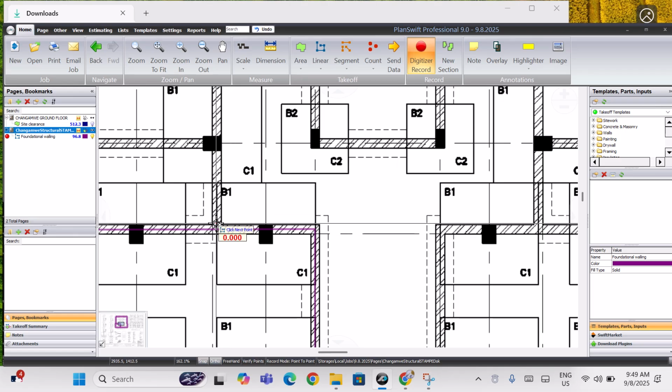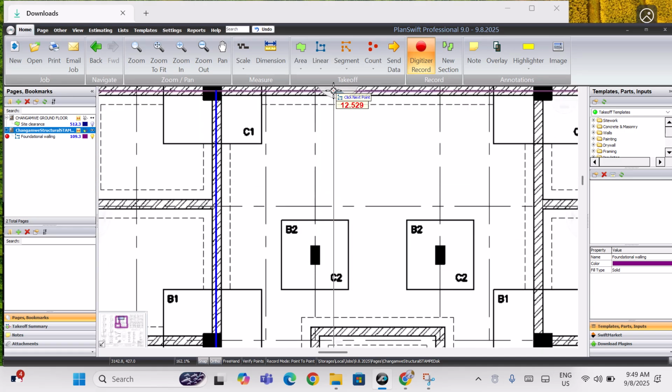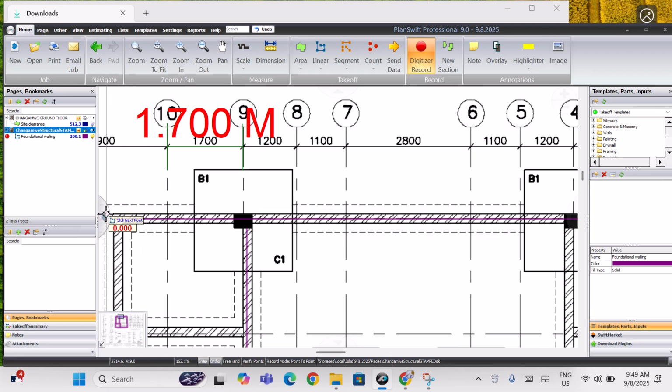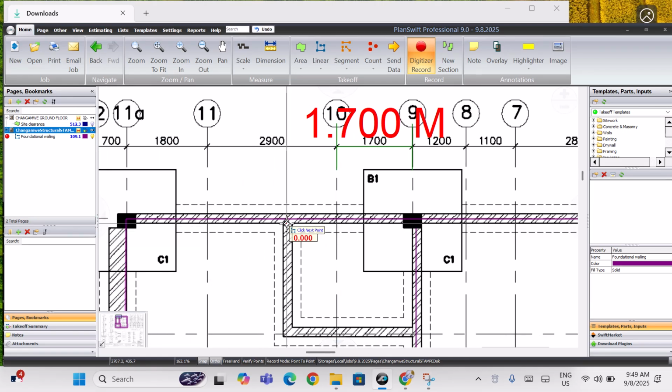Let's start here, and you move to the other one, which was already measured. So there we go. Again, you right click, there's a new section, you start here, take a right turn,